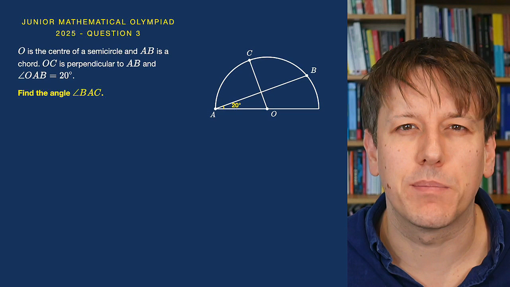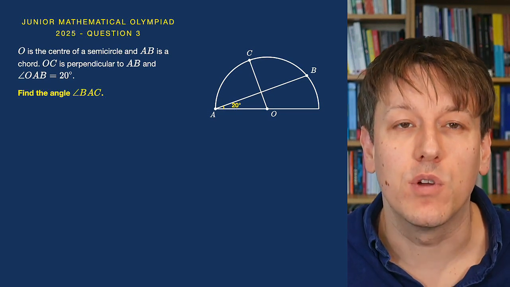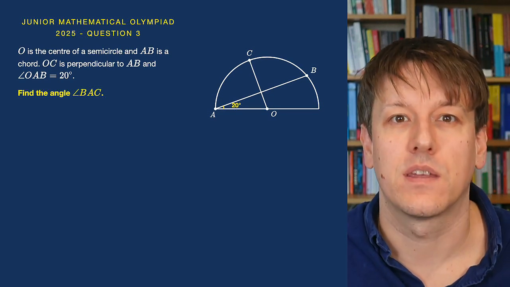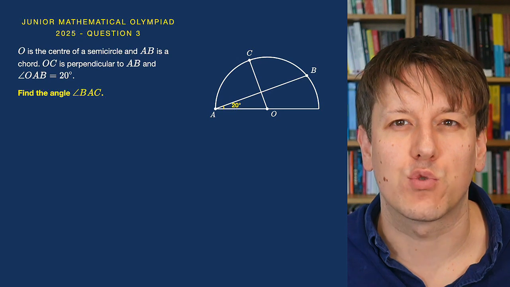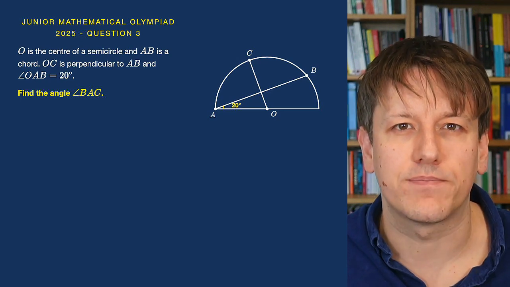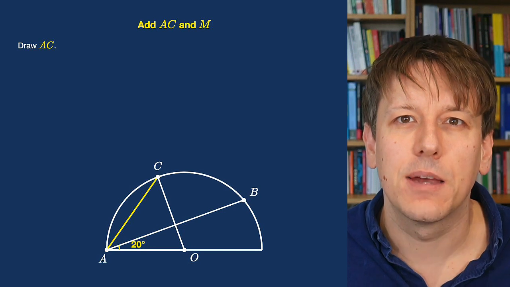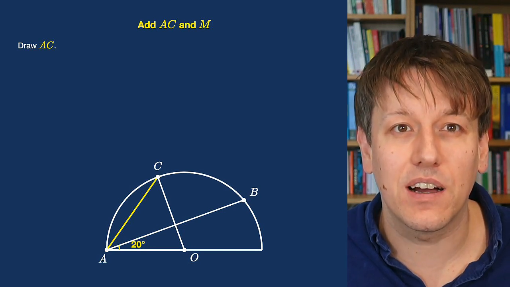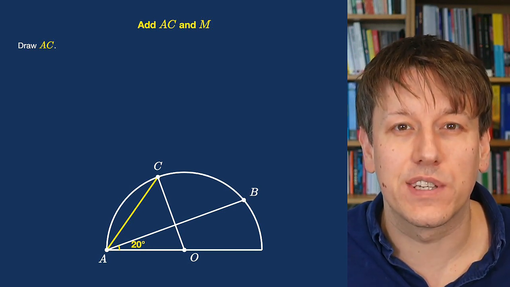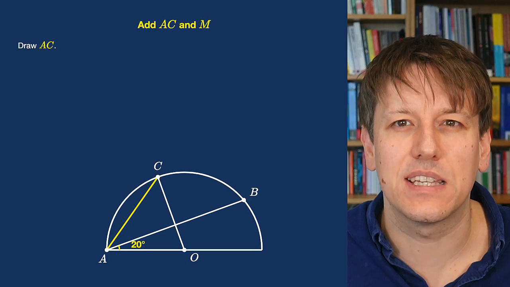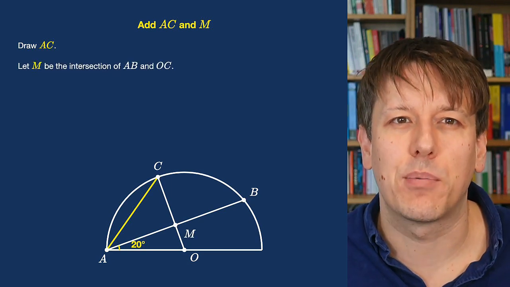We need to find angle BAC, and as this is an Olympiad problem, we also need to justify the answer clearly, so I will put the key working on the screen as we go through as well. So a good first move here is to draw this line AC, because that is the angle that we're being asked about. It's also helpful to name the point where AB and OC intersect, so let's let that point be